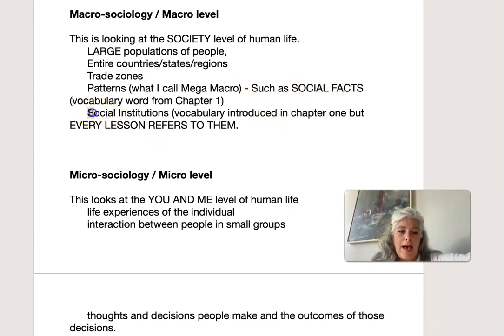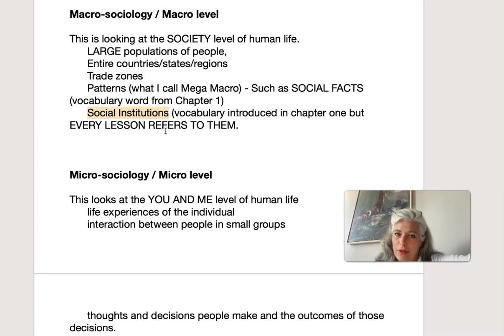Here's another one that I haven't defined for you on this particular video. Social institutions, you'll read about this in chapter 1. Social institutions exist on the macro scale. They are part of our social structure, the framework or the blueprint, you could say, of how our society is organized. And so you need to get a definition of what a social institution is from chapter 1. You will hear me define it in future videos. But when you are writing down this definition, make sure that you indicate for yourself it is a macro scale